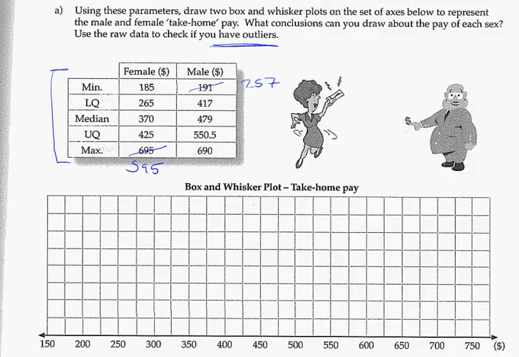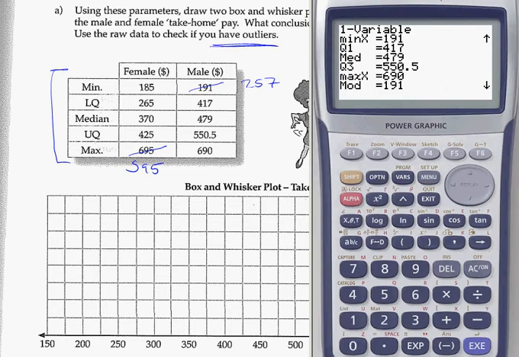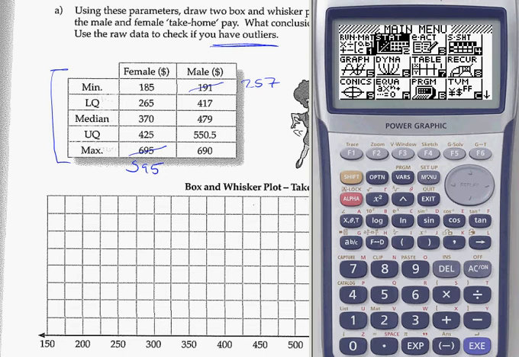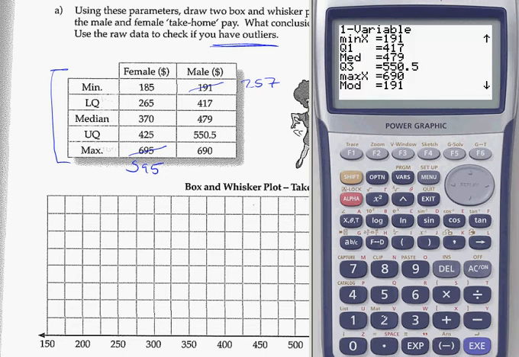So, if we take a look again, and we've eliminated our outliers, so we're going to remove the 191 point and the 695 point. You guys might remember how to do this in your calculators, but if we take a look, we can go back to menu, go to stat,